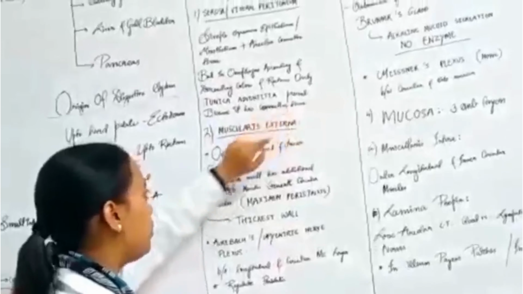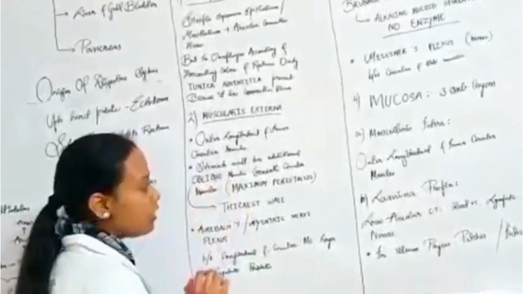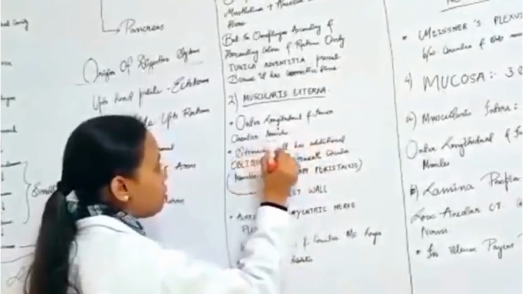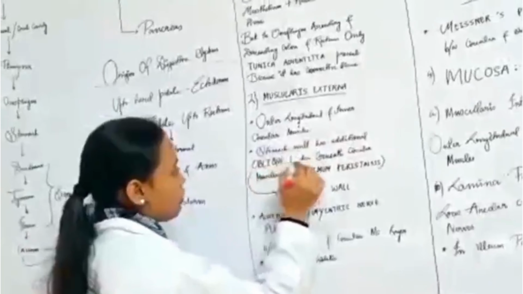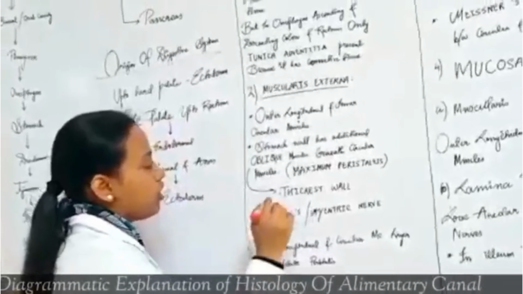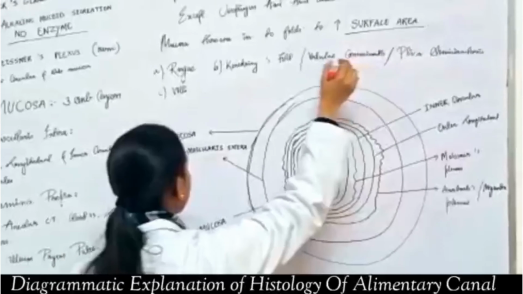Now we have the second layer, that is the muscularis externa, with outer longitudinal and inner circular muscle. It is divided into two muscles, outer longitudinal and inner circular. The stomach has an additional oblique muscle beneath the circular muscle for maximum peristalsis. Then, to increase the surface area,